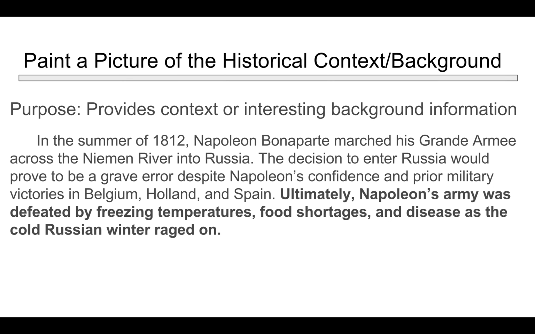So here we know the essay is going to be all about Napoleon's army, their defeat in Russia, right? And the 3 body paragraphs of this essay are going to focus on the freezing temperatures, the food shortages, and the disease, and how each of those 3 things contributed to Napoleon's army's defeat in Russia. So we have this hook strategy that really paints a picture of when this happened, why it was happening, where it was happening. So think of the when, where, why when you're giving some historical